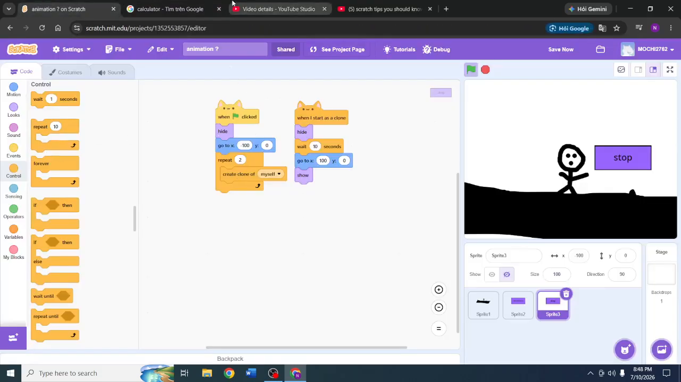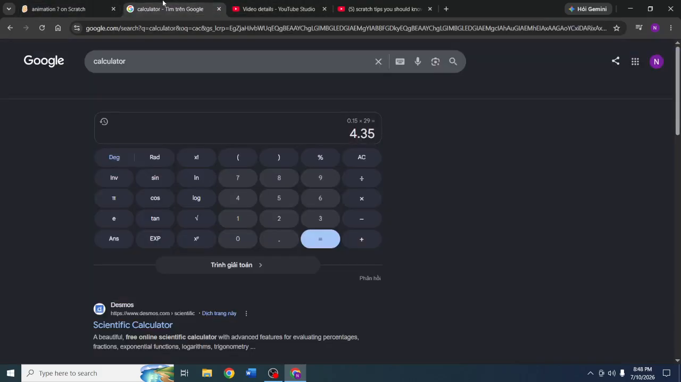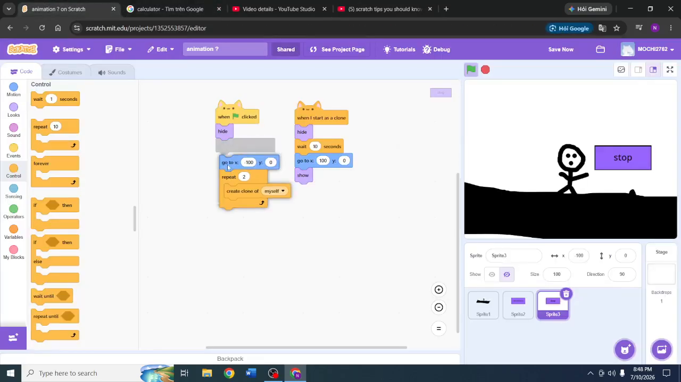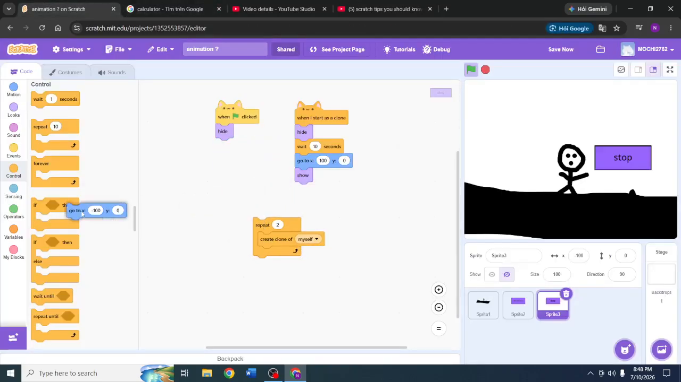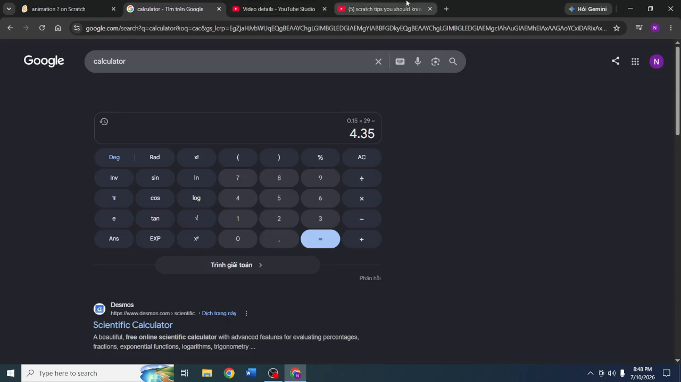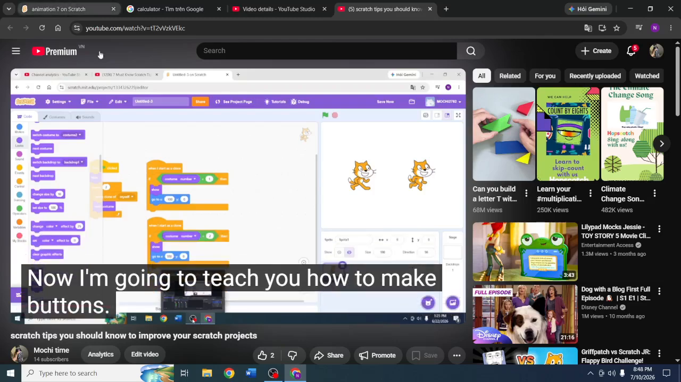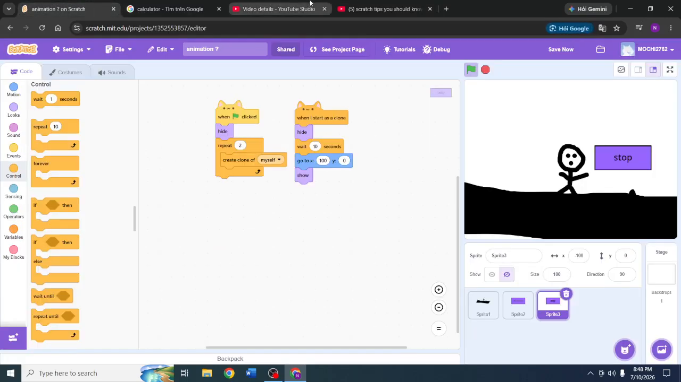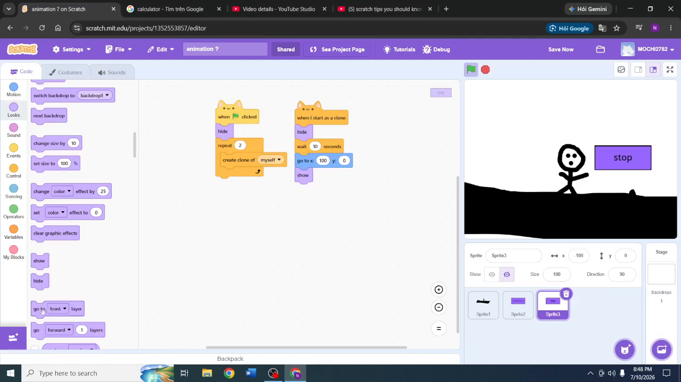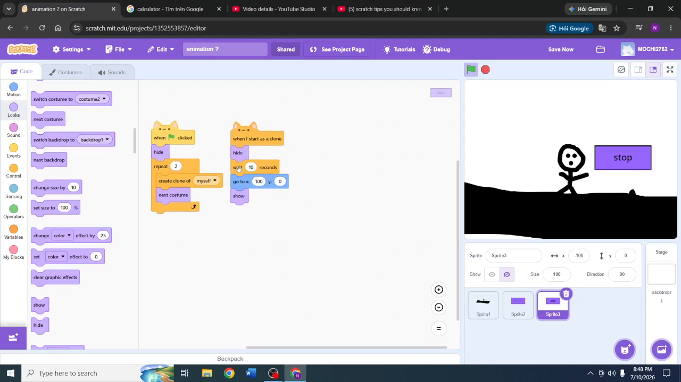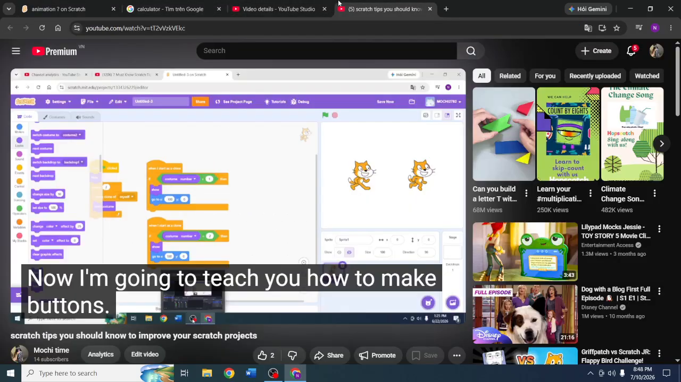When green flag clicked, yep, I hide. And then I need to repeat. Okay, then we don't need this, I guess. And then when I start as a clone, let's just put a next costume in this one. Next costume. Okay, so when I start as a clone,